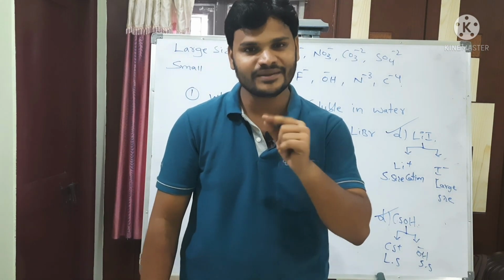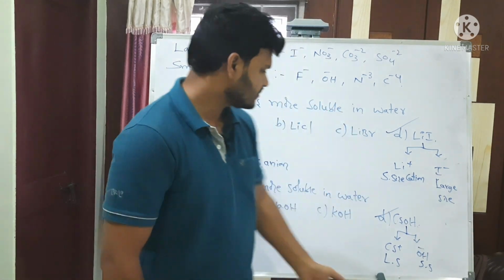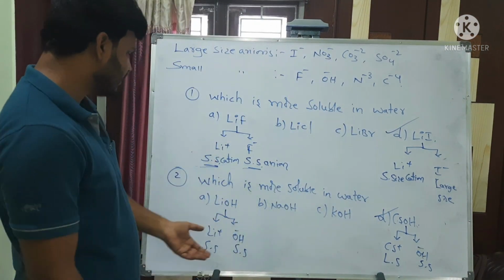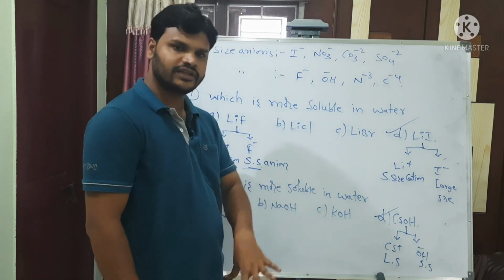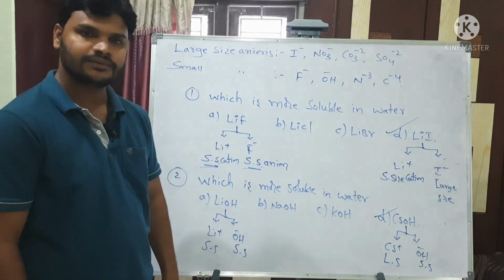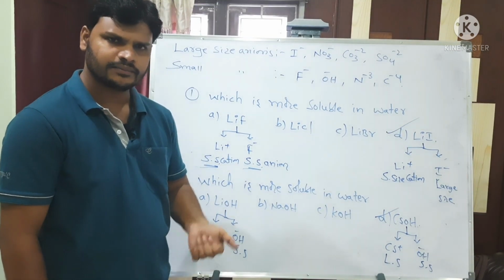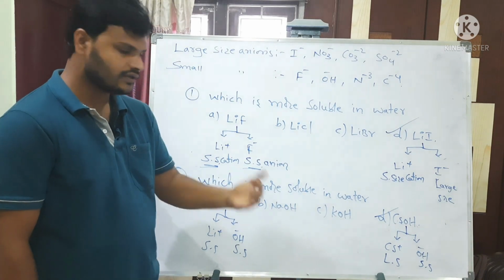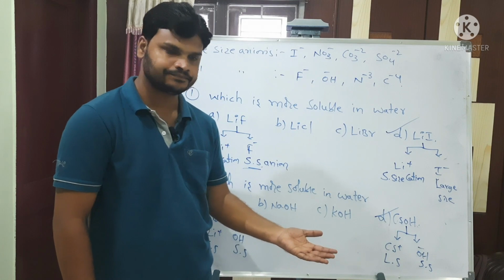What is the meaning? More soluble is nothing but more basic. So suppose if in examination you get which is more basic in more basic nature, then answer is same, D only, CsOH. Why? Because solubility directly proportional to basicity. Basicity is nothing but solubility, solubility is nothing but basicity. Clear? This is called buy one get one.